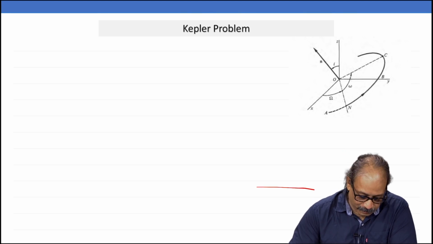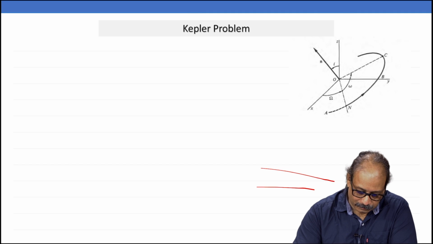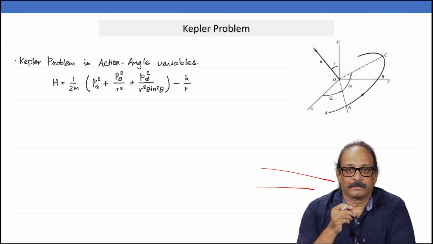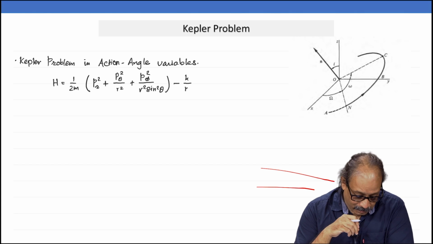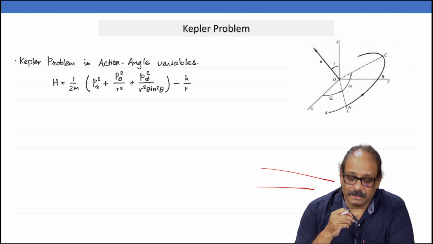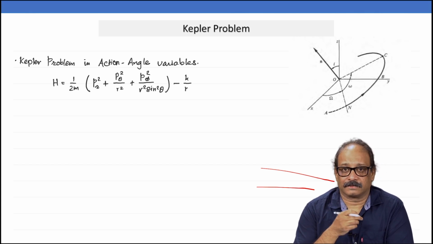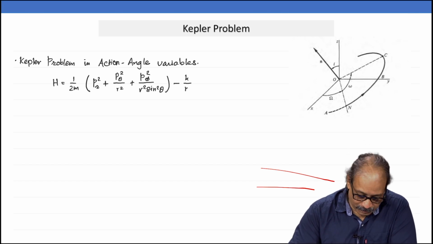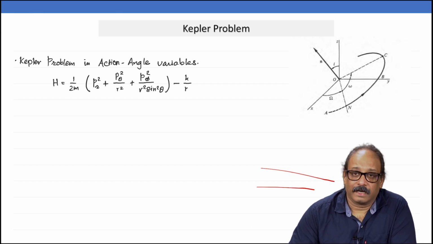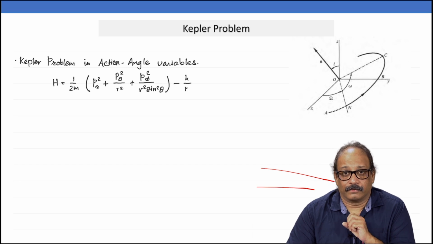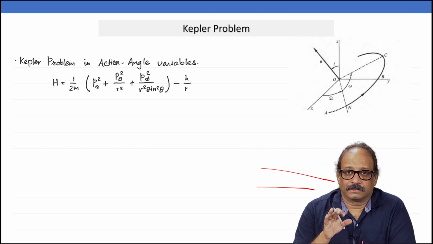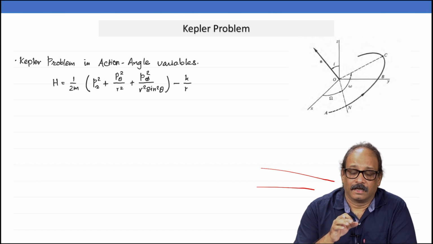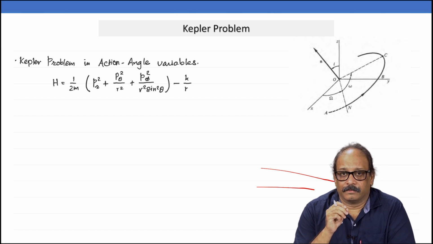Here the Hamiltonian is given by p r square plus p theta square by r square plus p phi square by r square sin square theta, and plus now the potential energy we are going to choose as an attractive 1 over r potential. So, that comes with a minus sign and there is 1 over r. Now, we already know the solution to this particular case. Remember, the motion here is periodic.